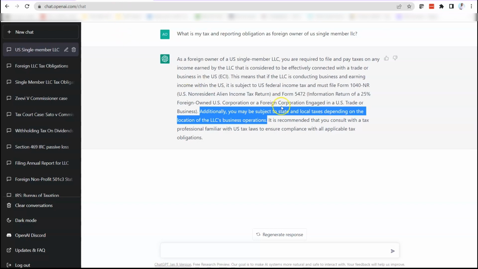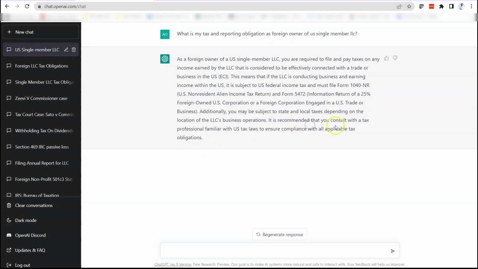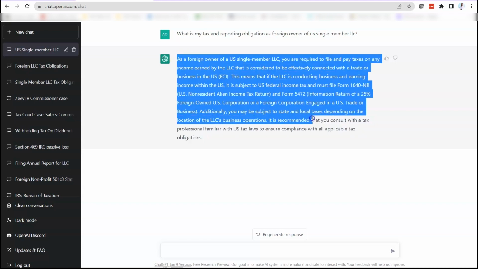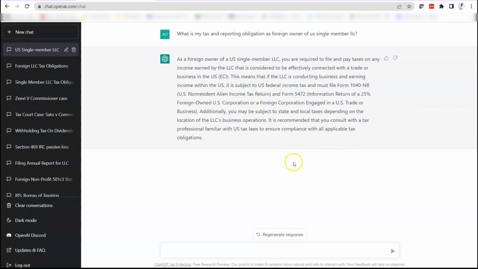But here it looks like ChatGPT is giving you a summary of the things that you need to do. So this kind of gives you the first step on what to do. Now you have a broad view of what having an LLC in the US is all about, and this gives you some talking points for when you interact with an attorney or a CPA. And then at the end, it tells you that you need to consult with a tax professional. This is also good because it gives you the way forward. It gives you a disclaimer that even though this is generally summarized, you still need to talk to a tax professional to review your issue.